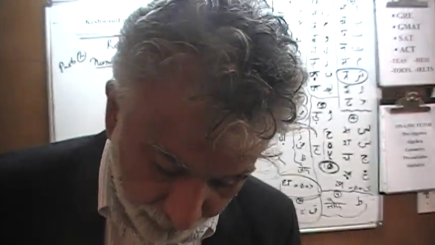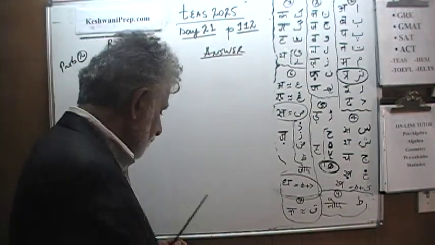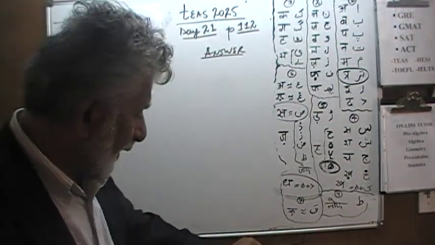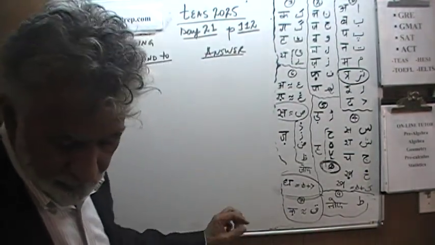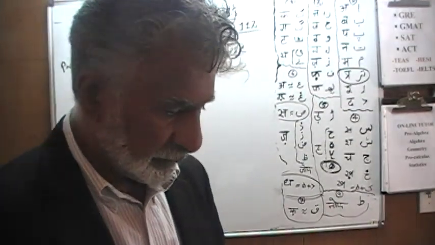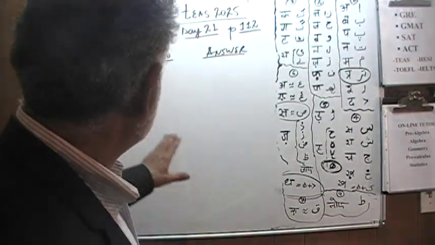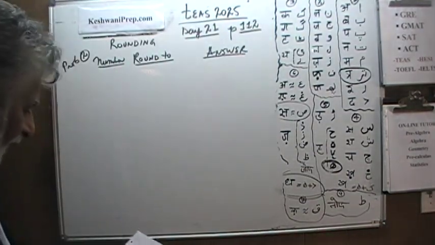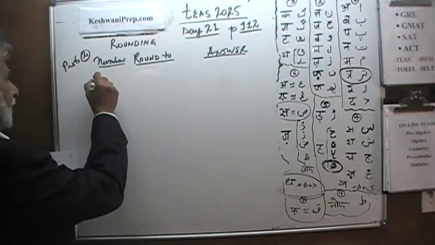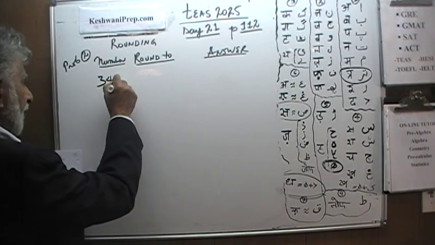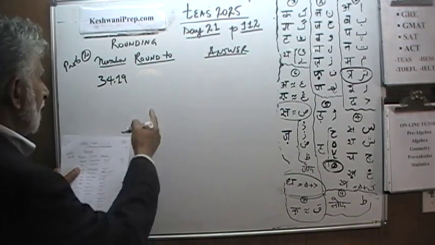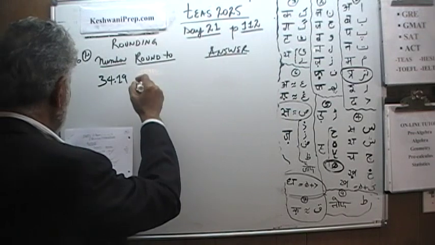We're going to do problem number 2 first. Problem number 2 deals with the concept of rounding. There are about a dozen or so entries there, maybe more than a dozen, and we are asked to round these quantities to whatever place they tell us. For example, here's number 1. We have 34.19, that's the number given to us, and we are told to round this number to the